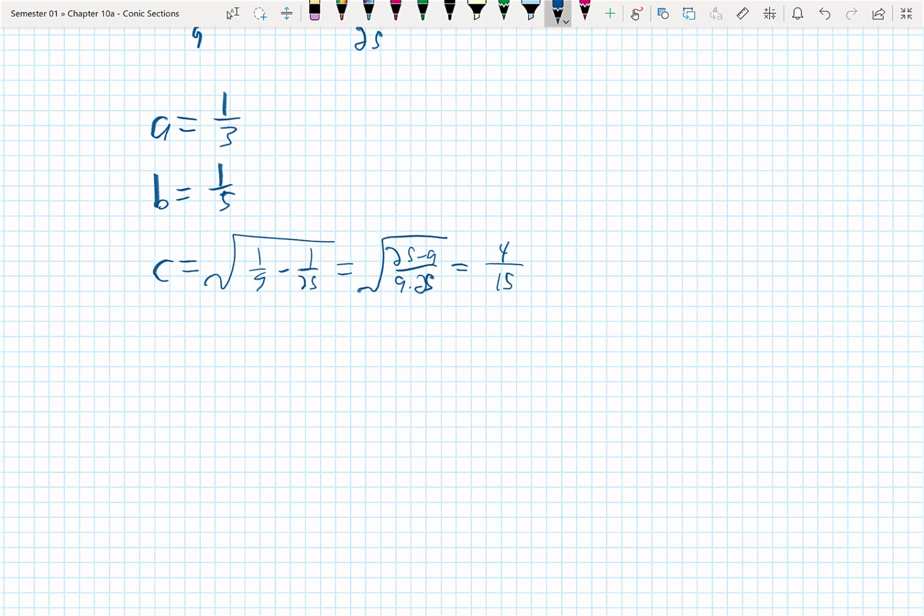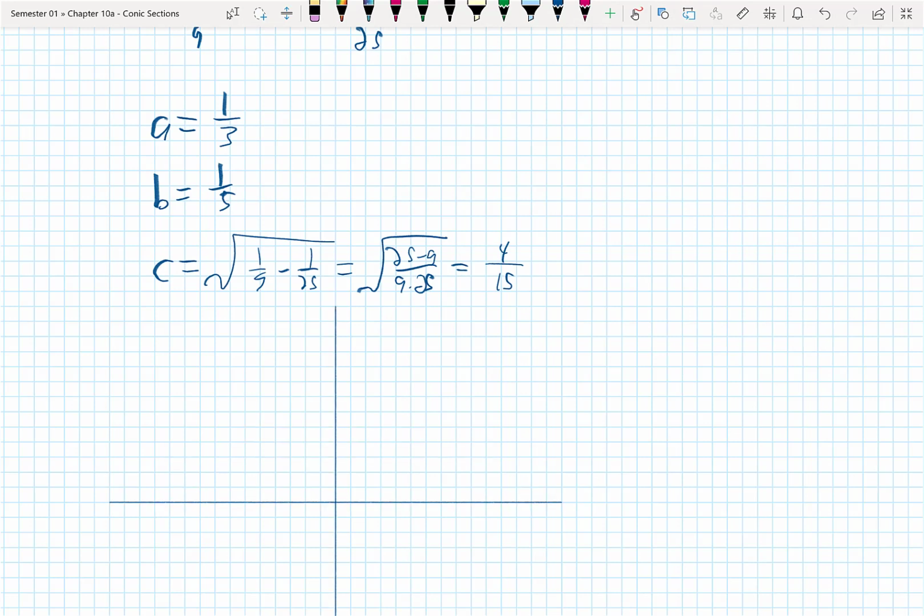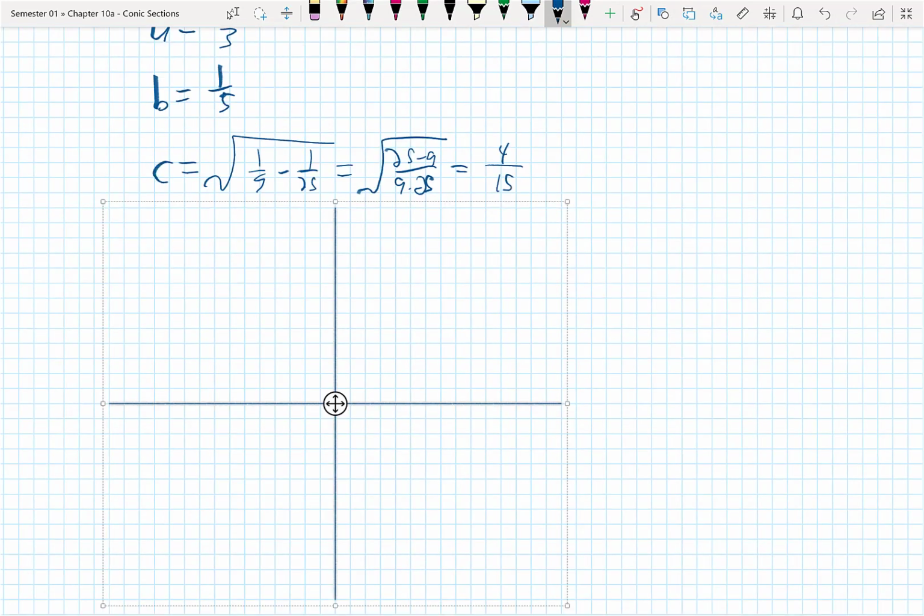So we're going to sketch this as best we can. I realize that this is going to be a little bit tricky, because it's going to be really, really tiny. So our sketch of this is going to include a center at 2, 1, because of the h, k. There is no quiet in this building. Okay, then we go up,